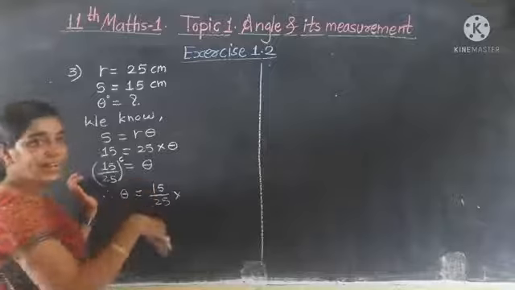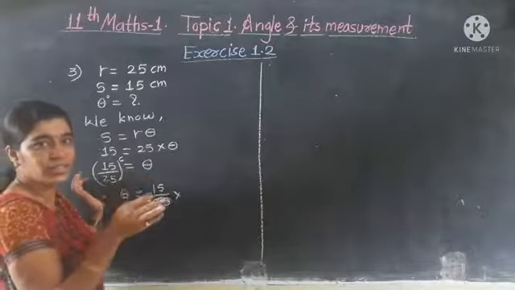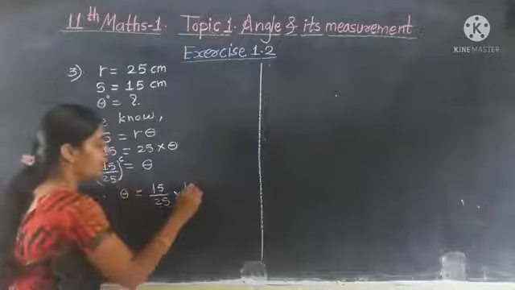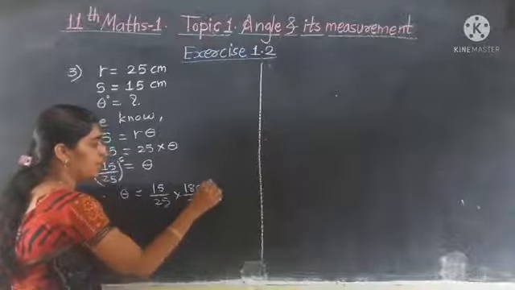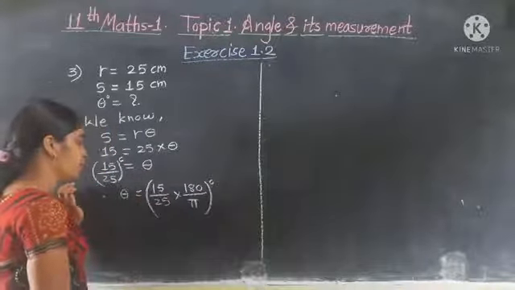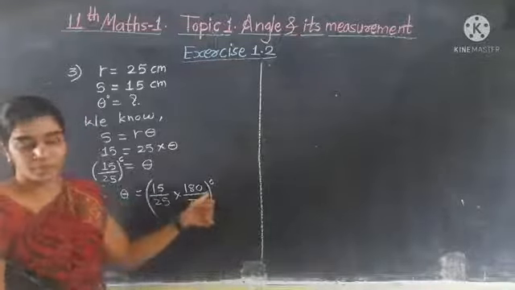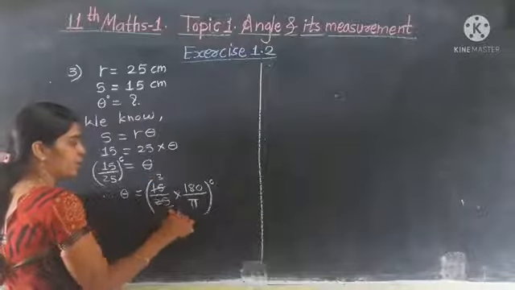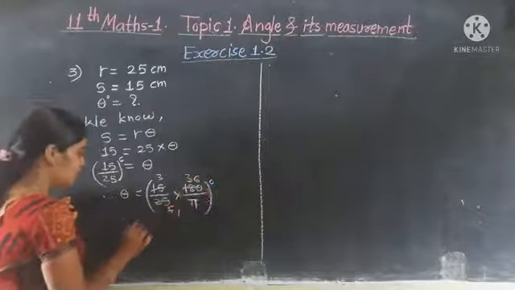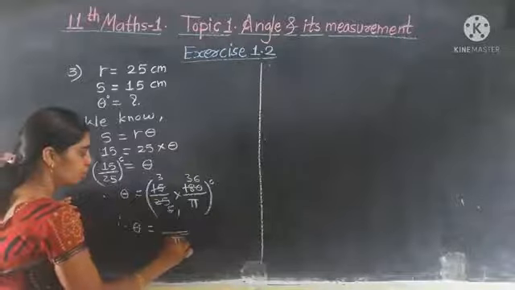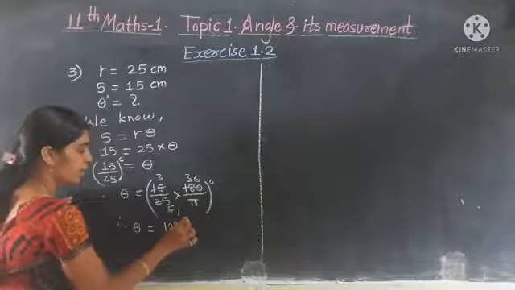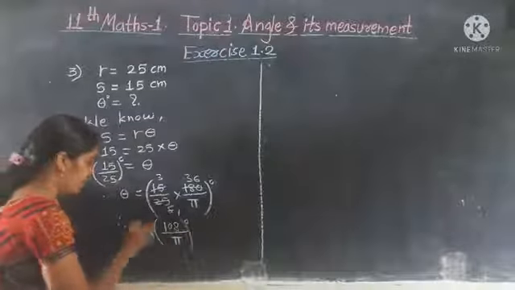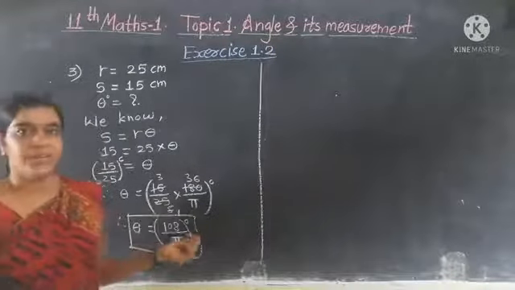We have to convert radian to degree. We had learned in the earlier exercise how to convert degree to radian and radian to degree. Radian to degree करताना काय करायचं आहे 180 upon pi ने मल्टिप्लाय करायचं म्हणजे डिग्री मध्ये होईल. ओके. Understand? So here 5 3s are 15, 5 5s are 25, 5 3s are 15, 5 6s are. So we get theta is equal to 108 degree upon pi. This is the angle subtended. Okay.